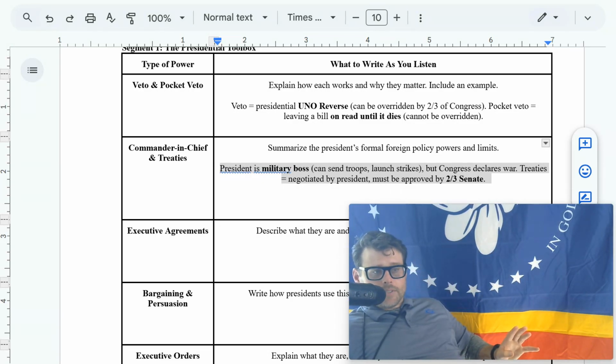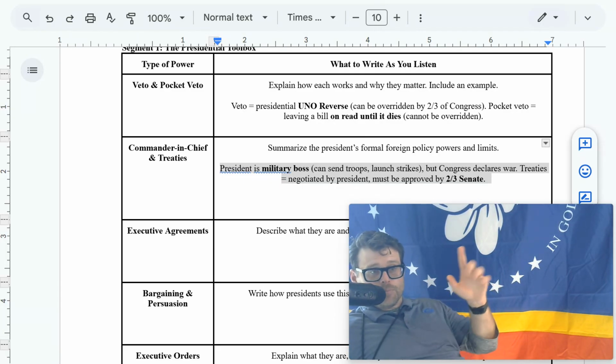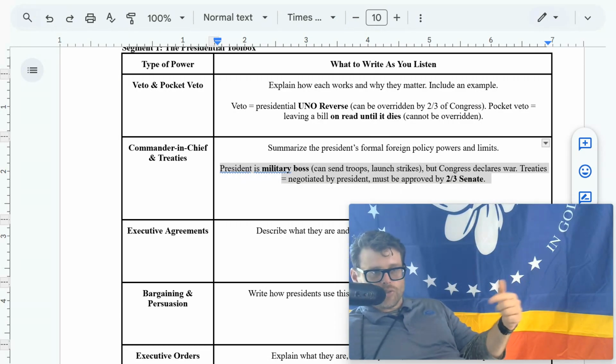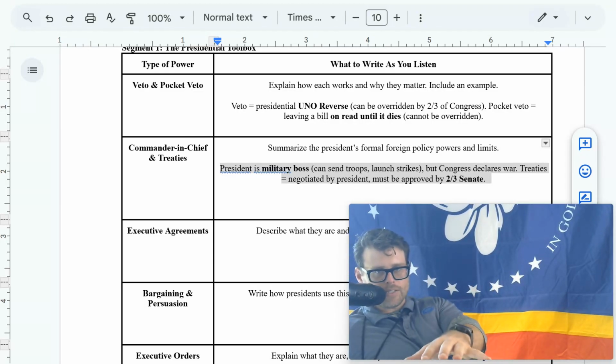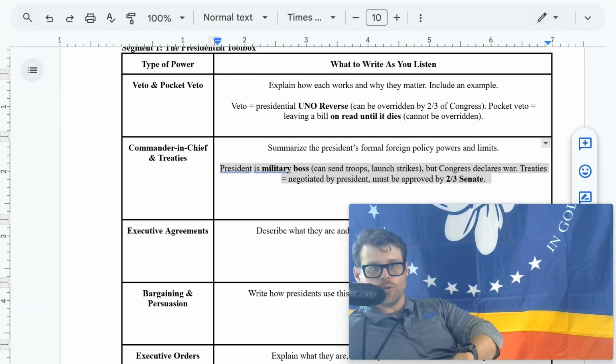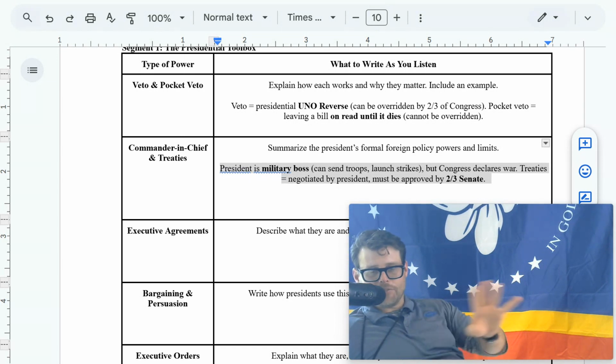Okay, next tool, bargaining and persuasion. So think LBJ for a second. LBJ, President Lyndon B. Johnson, the vice president for President Kennedy, who took over after Kennedy was assassinated. He is from Texas, a former public speech teacher, right? He used to teach public speaking. Becomes president. LBJ, this dude was a master manipulator. He literally would get in people's faces and lean over them as a tall man and say, you're voting for the Civil Rights Act, voting for civil rights. And they did. That's presidential pressure. Big time.